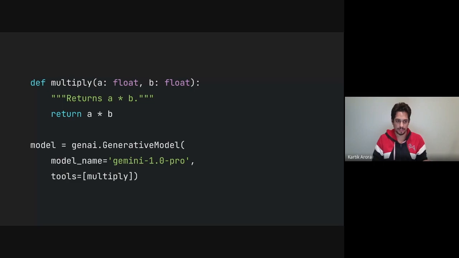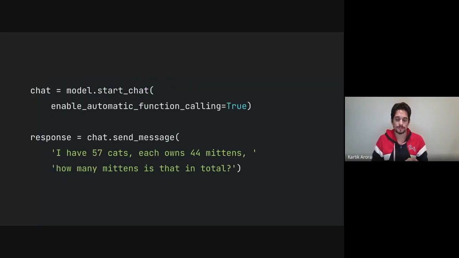I've created this function called multiplier, which literally multiplies. The important thing to note is that the model itself knows how to multiply, obviously, but in this case, we're going to override its information and tell it that when we consider the function multiply, it returns the multiplication of two numbers, which are these parameters a and b. So it would prefer using this multiply over its own understanding of multiplication. You don't have to call this function directly or even tell the model to call this function. Just the context is enough.